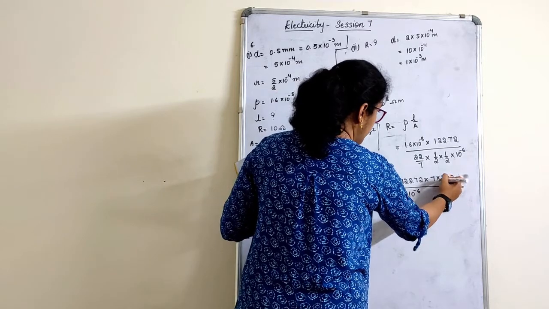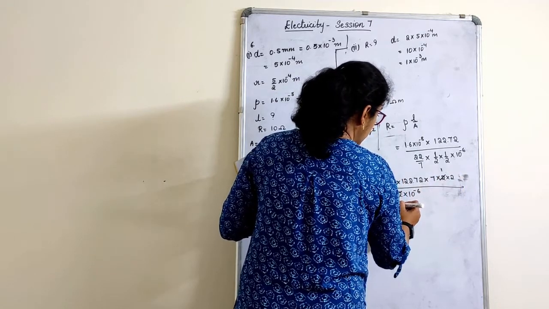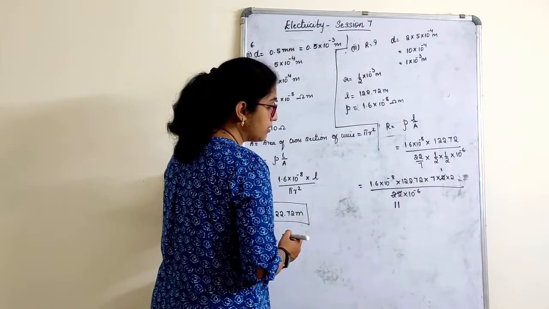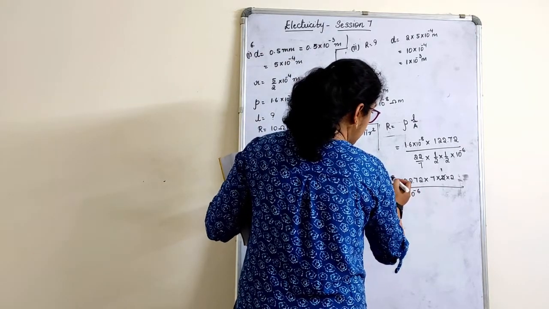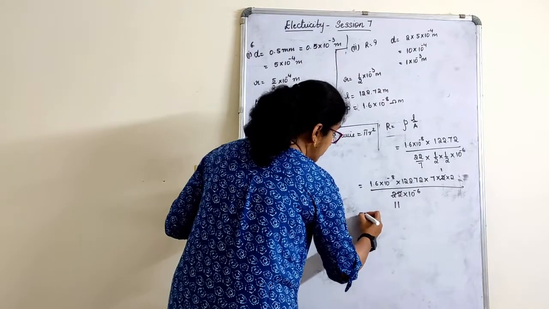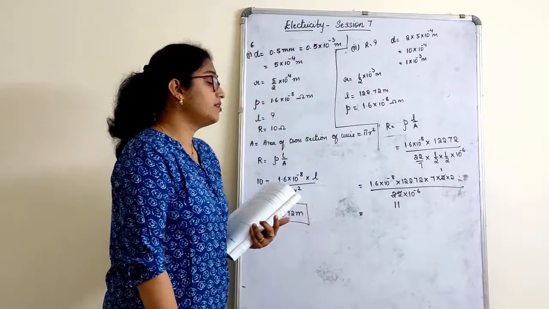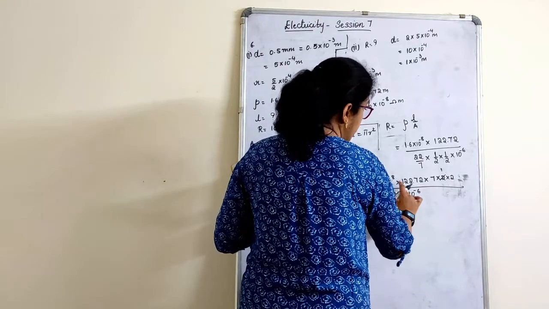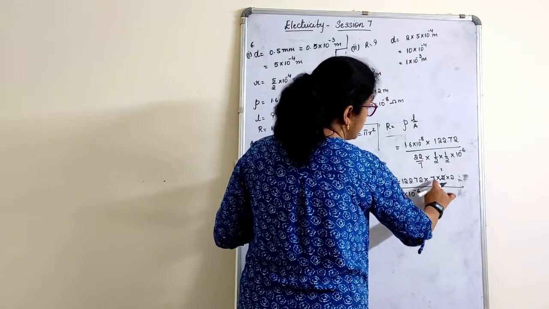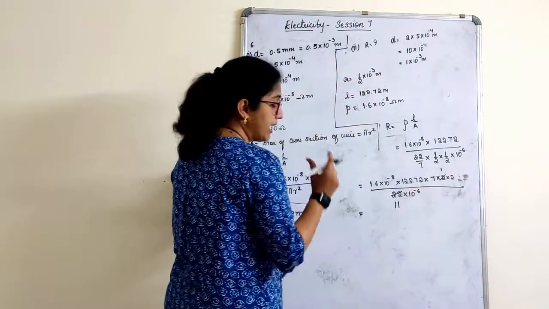So we have two 11s here. I don't think any other number will be divisible by 11 here. So 10 raised to minus 6, and this you can cancel this further. I'll give you the final answer, children, but you know how to divide this. Okay, see, multiply this 1.6 into 122, 7 into 2. You will get a number.